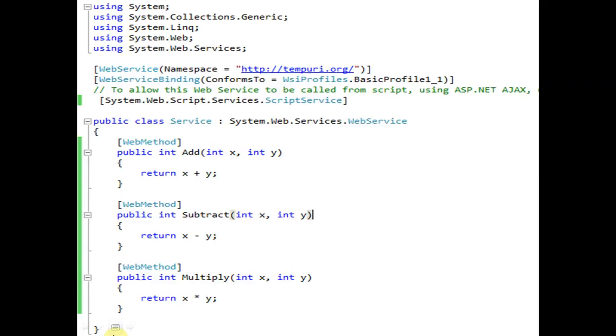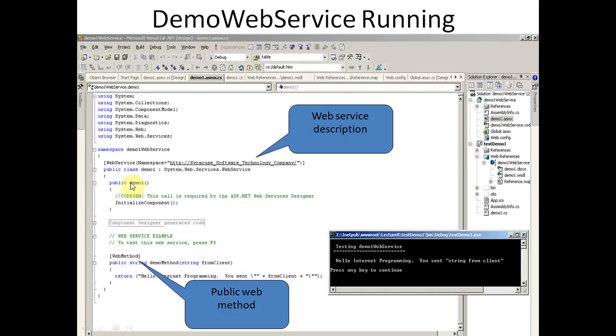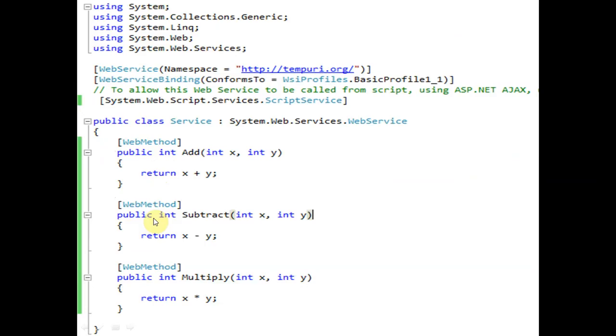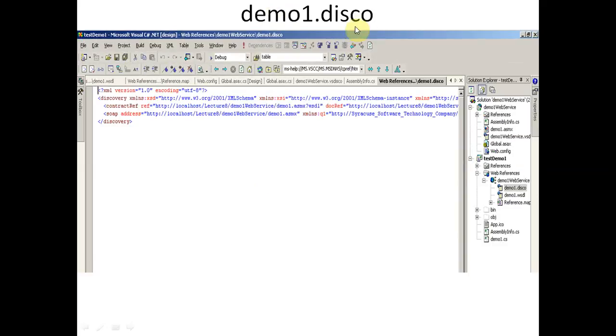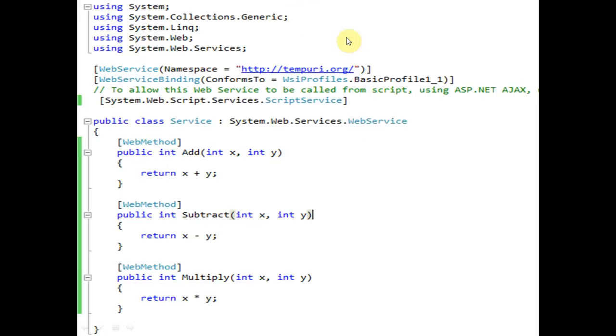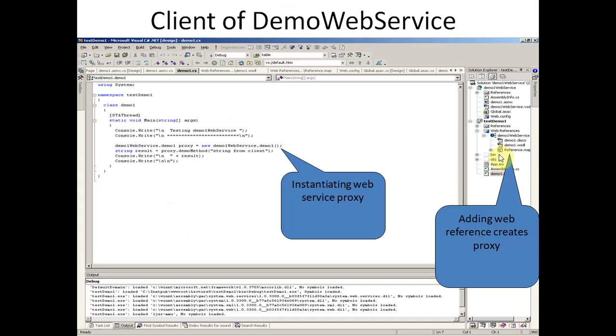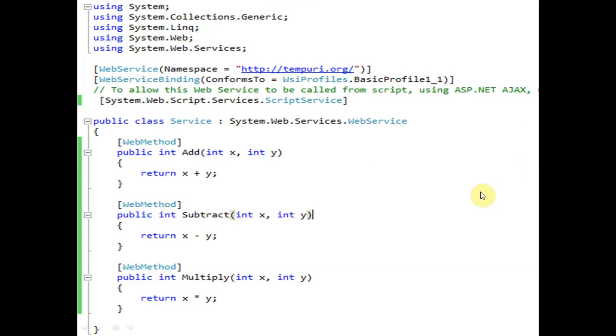We will have to create only this class, only the demo1 class. We have to write this namespace, meaning this web service, and then the demo1 class, and we have to define this function inside the demo. So automatically it will create two more files, demo1.wsdl, and the second one is demo1.disco. When we include it as a web reference, then we will have the demo1.disco and demo1.wsdl files, and automatically it will create the SOAP message.